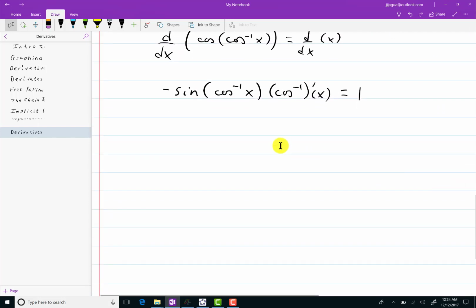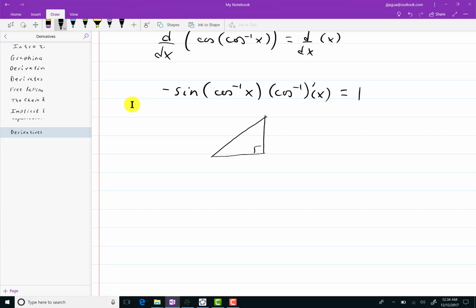Now, I come across some complications that I should probably share with you here. Sine and cos inverse of x. I want to get a combination, some sort of a connection between these two. And for most of you, you're used to seeing cosine and sine having a relationship such as that. Now, I don't want to label anything just yet, but